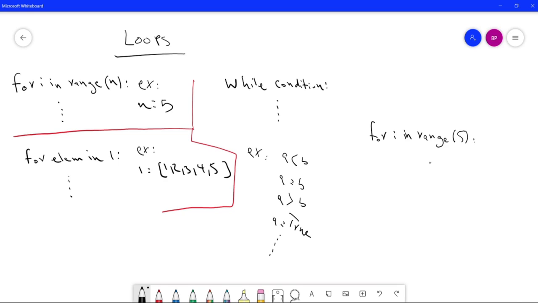Every single time, it makes i equal to a certain value: 0, then 1, then 2, then 3, then 4. It runs 5 times, because it goes from 0 to 4, and the moment i hits 5, it exits the loop. So this is when you know that your program should only run a certain number of times.